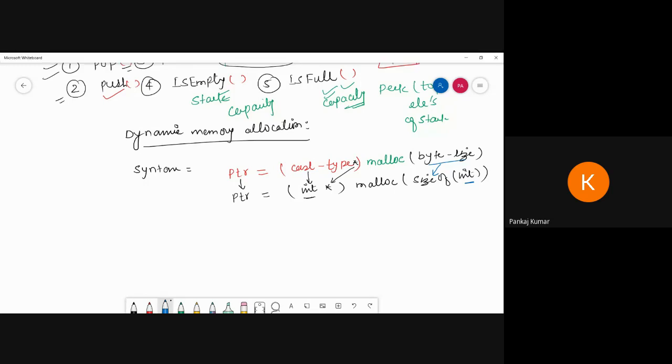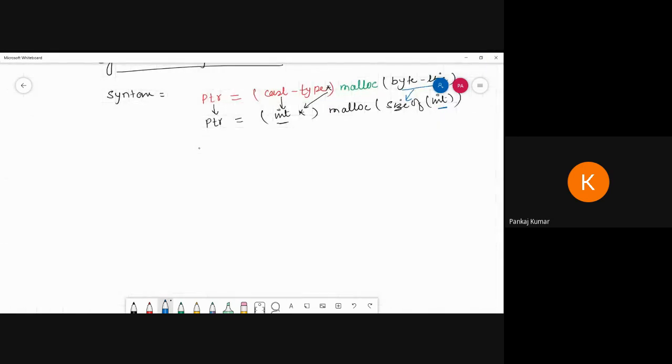Now see, actually what we have to do here in stack programming, we are going to use a structure, an array, and a pointer.